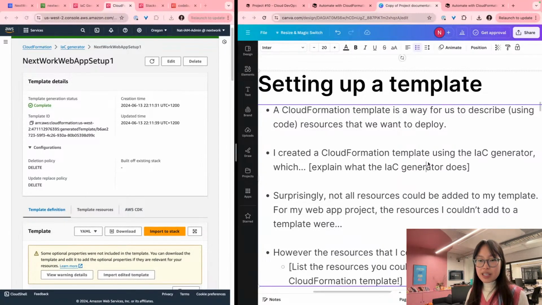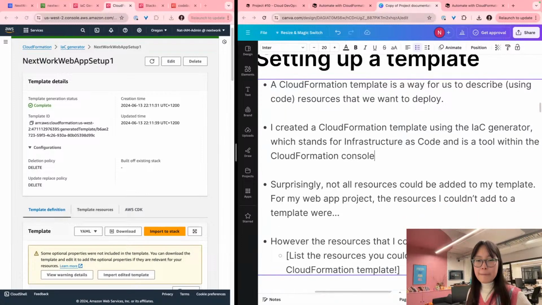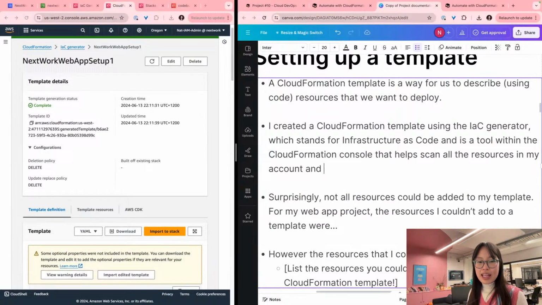I created a CloudFormation template using the IAC generator, which explains what the IAC generator does. Ooh, very cool. So IAC stands for infrastructure as code. So I'm going to mention that first. It's a tool within the CloudFormation console that helps scan all the resources in my account and write